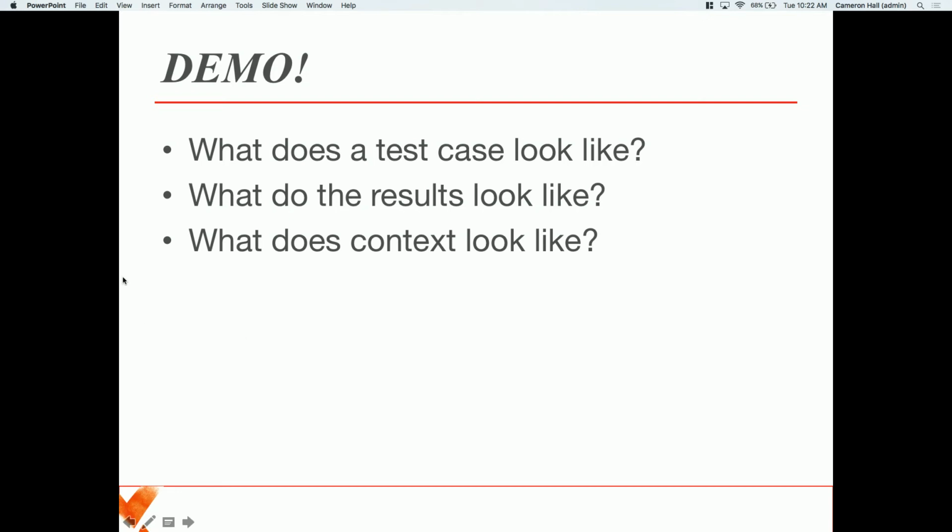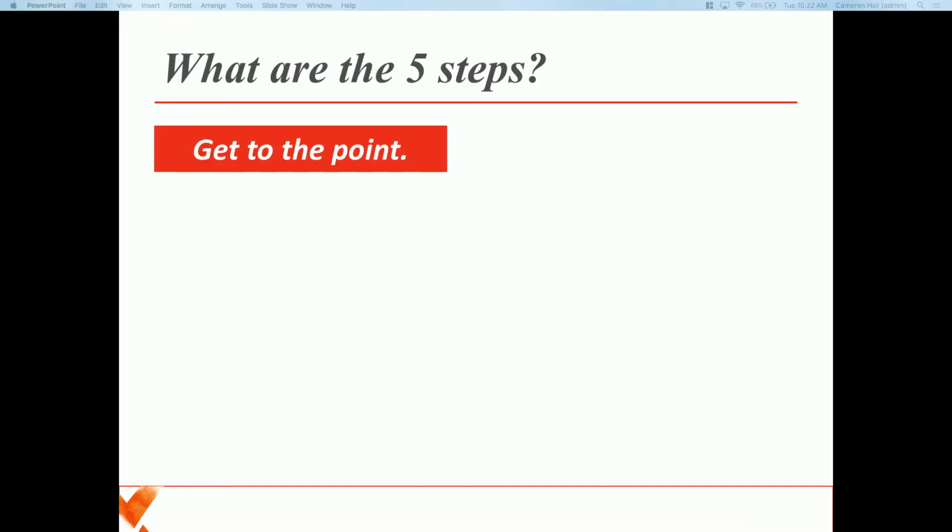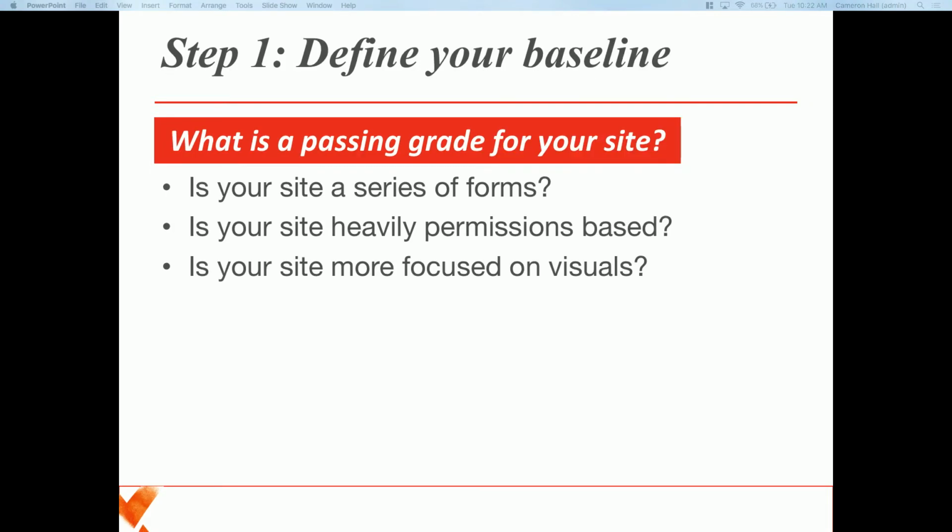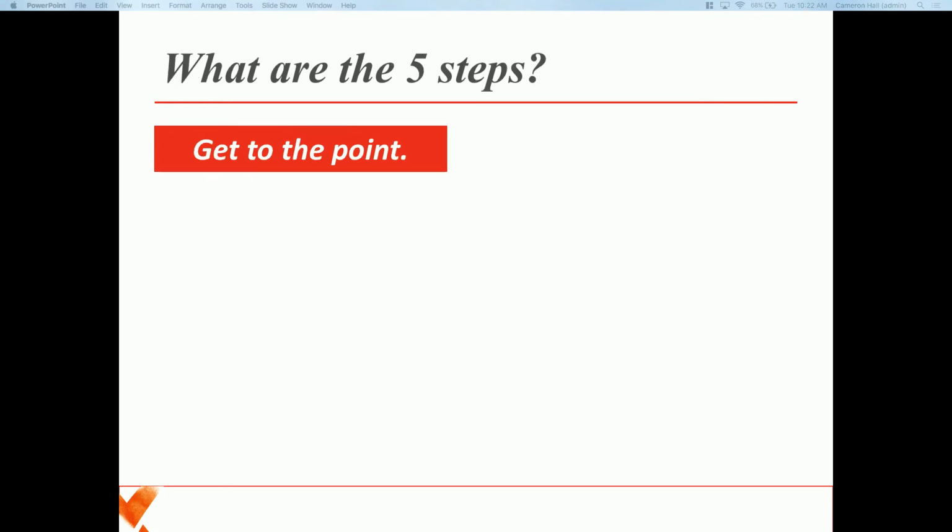So I've been up here for a while now. What are those 5 steps? That's what we came for. So now that you have a feel for how Behat works and functions and appears, let's go over those rotisserie chicken 5 steps. And actually, before we jump into that,